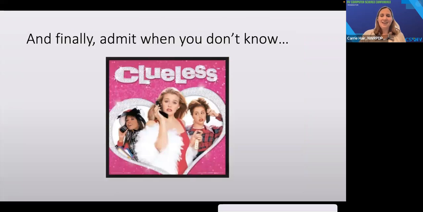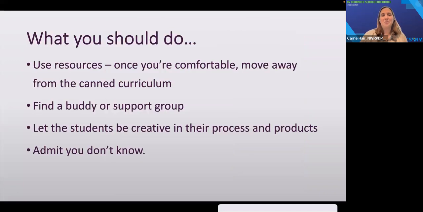All right, and then last but not least, for me, admit when you're clueless. The kids will rescue you. They're awesome. They're like, thank you for teaching computer science, because Nevada is amazing with pushing computer science and getting it into the hands of the kids. And they're okay if you don't know.